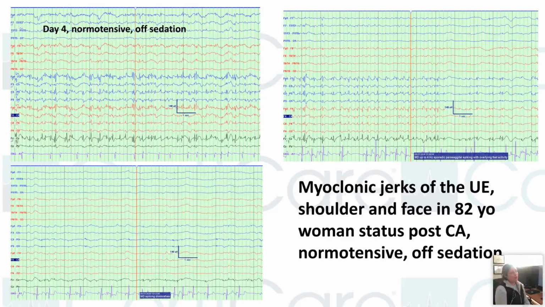In this example here, 4 days after the cardiac arrest, patient is off sedation, normal body temperature. If you look at this one, we have myoclonic jerks of the upper extremity and shoulder and face in this patient here. Okay, so these discharges are slowly and gradually resolving. But if you look at the third picture here at the bottom, spiking diminishes. That's what the MD marks here. You can still see some discharges at the central nodes. So this qualifies as Lance-Adams syndrome.